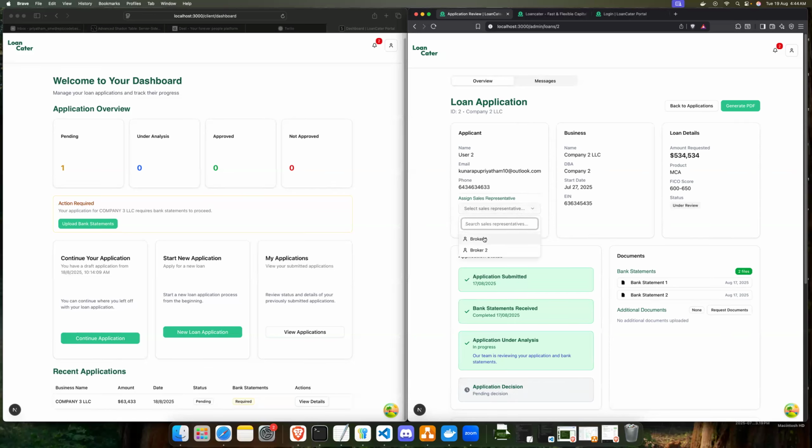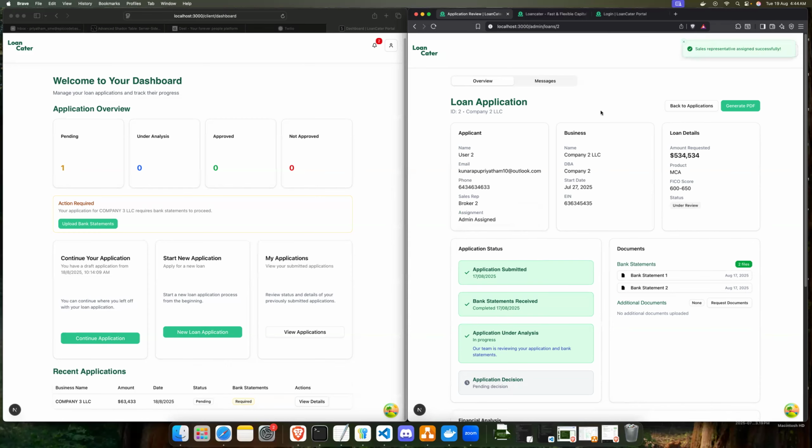So now what we can do is go ahead and assign a sales representative. We currently have 2 brokers, right? We have just registered a second broker. So now let's assign this loan application to broker 2 because broker 2 doesn't have any applications yet, right? And as we assign the sales representative,